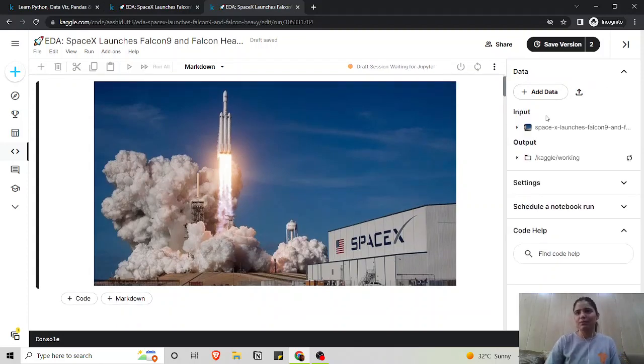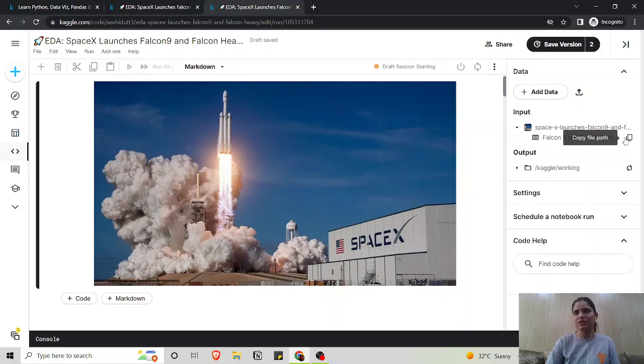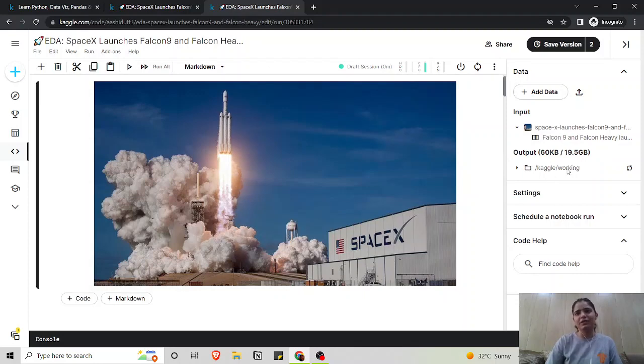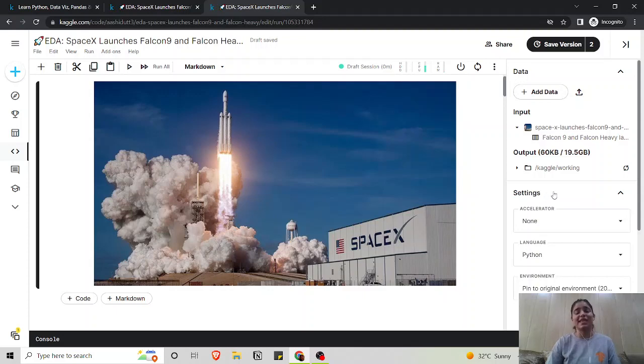It says input. We have this whole data set of SpaceX launches, Falcon 9 and Falcon Heavy. We can use this copy file path option to get the path of the data we're going to be using. Then we have our output, which would be saved here in the working directory. We have some settings as well. Say you have a large data set and you would like to use an accelerator.